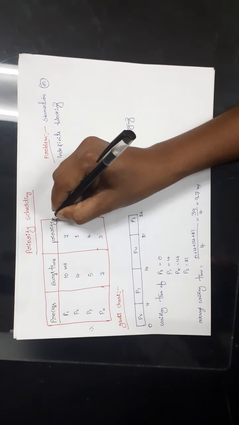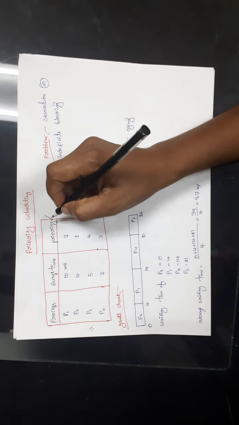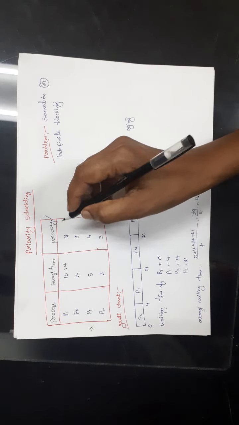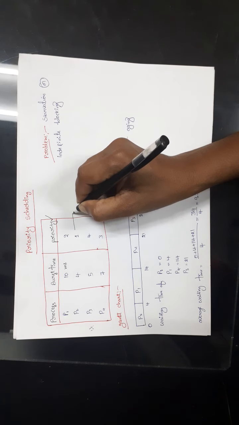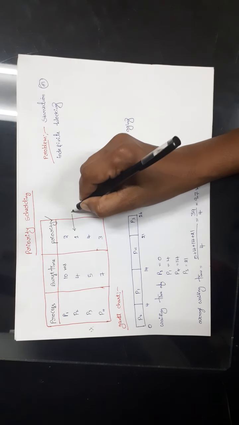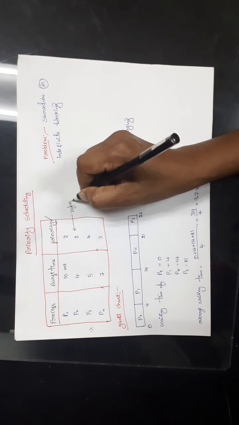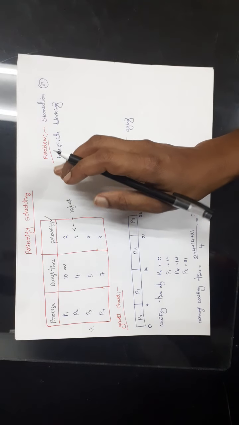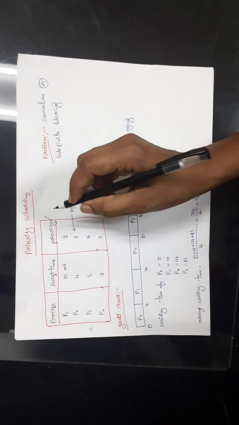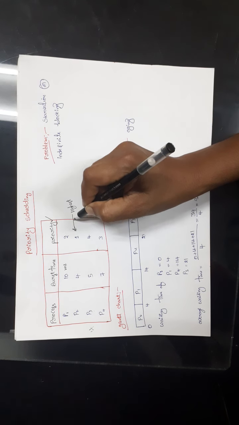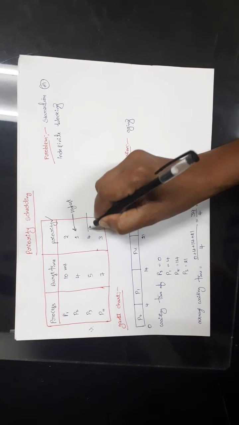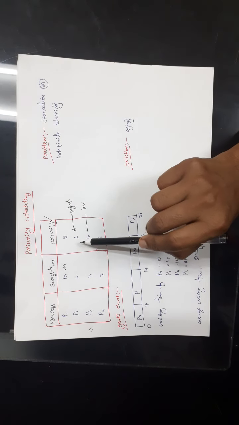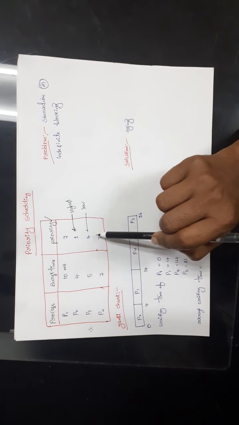And here we have one more column, that is priority. Here we are giving the priority to each and every process. If you observe, process P2's priority is 1. That means this is the highest priority process. Priorities are similar to ranks. First rank is better, right? In a similar way, priority 1 means it's the highest priority and priority 4 is the lowest priority. So among all the processes, P2 has the highest priority and P3 has the lowest priority.